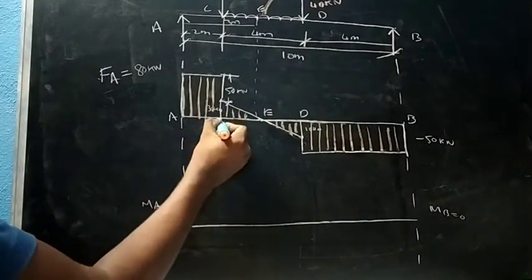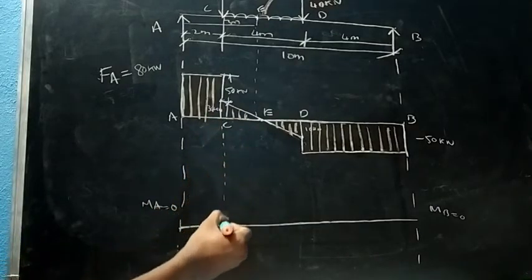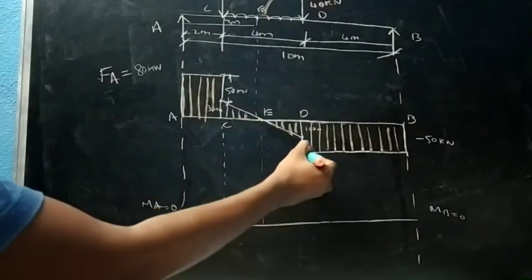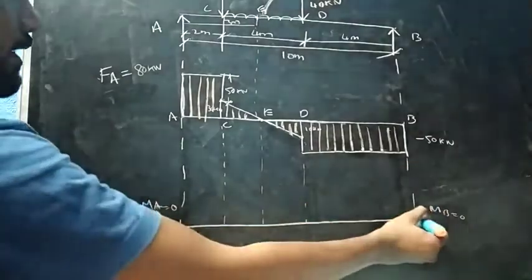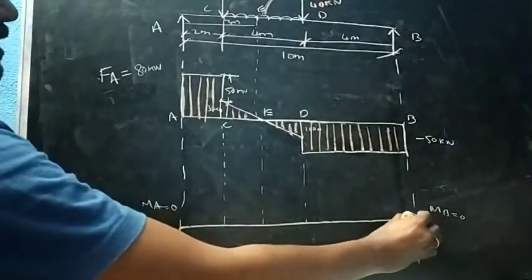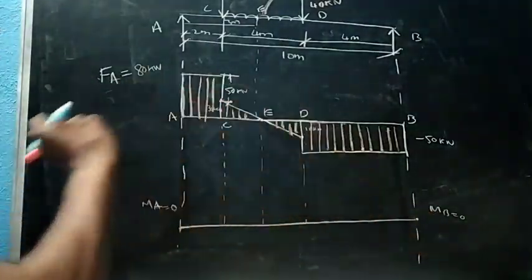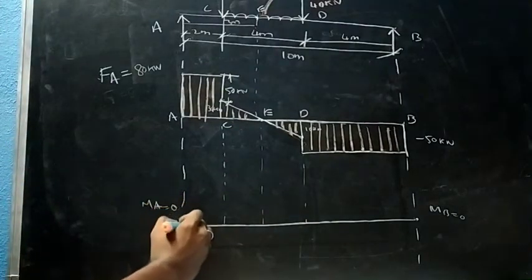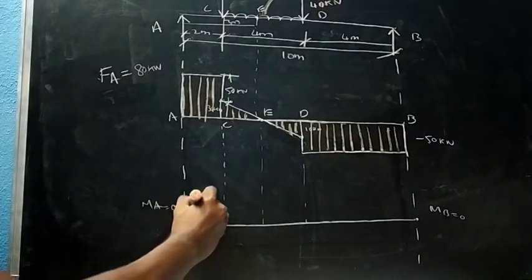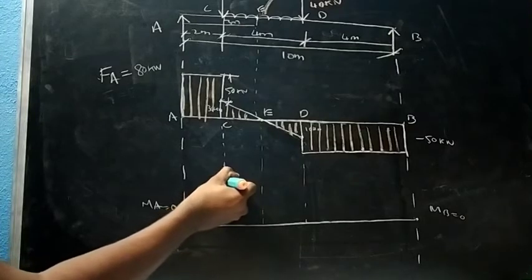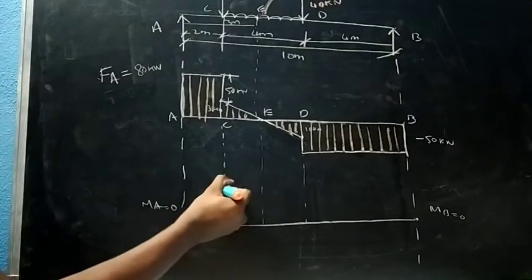So at C we got the value, at E we got the value, at D we have the value, and again back to the reference baseline, that is 0. So this will go up to a certain height, that is 160